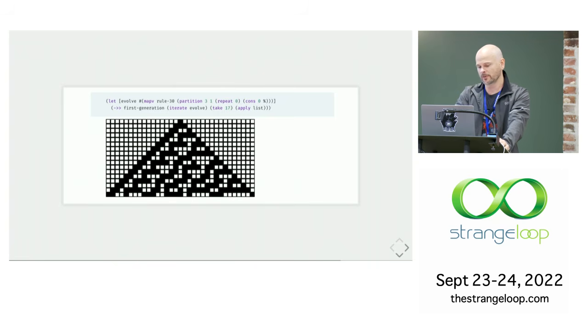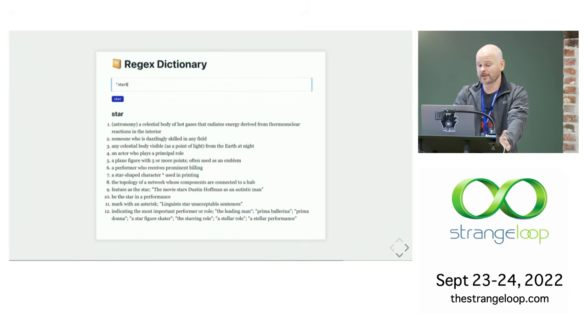Or this, Martin here in the front row wrote this. So this is an example of Rule 30, which is cellular automata. And he's written a viewer for it so that instead of looking at 1s and 0s, he can actually see the thing he's working on. And the amount of code this takes is almost none. This is a regular expression dictionary that I wrote. So one of the nice things about Clerk is you have all the groovy visualization interactive things that come from having a browser, but you also have all the power of Clojure running on the JVM on the other side. So you can do things like talk to a database on the file system, which is a revelation compared to what you can normally do with a browser. So with this kind of thing, you can do rapid application development. You can do all kinds of things.